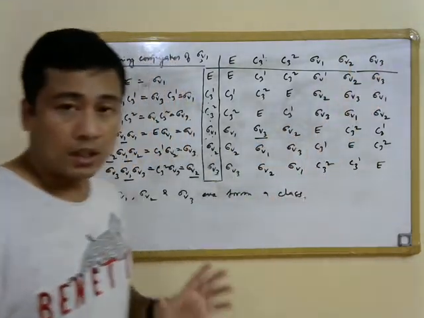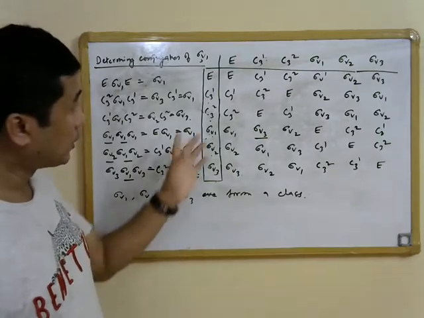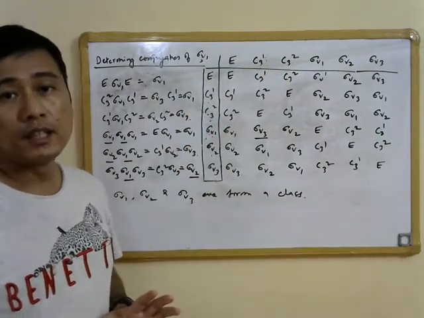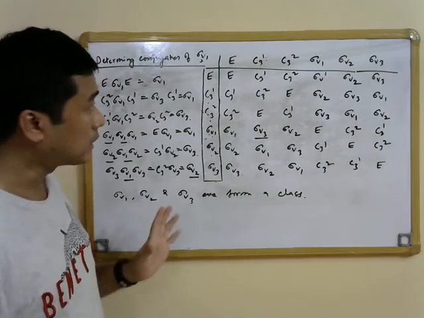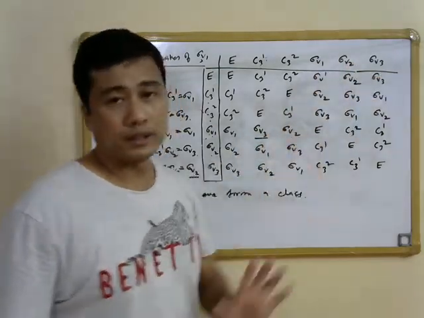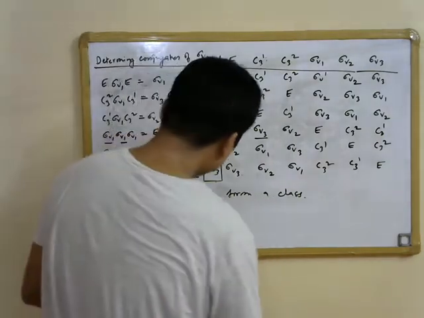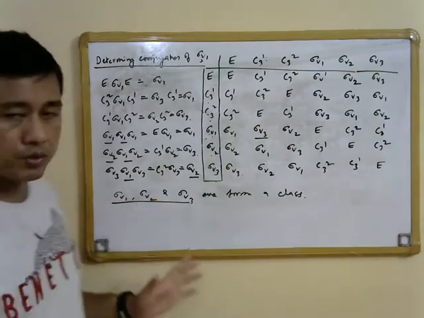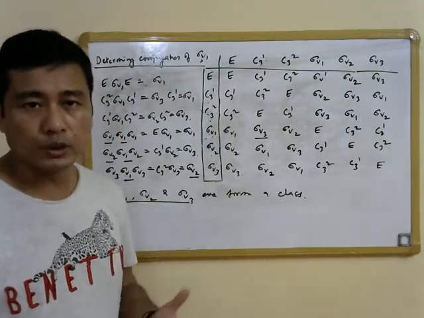as well as on sigma v3, using all the other elements present in this particular mathematical group. The answers you will always get are equal to sigma v1, sigma v2 or sigma v3, which essentially tells us that these three elements, sigma v1, sigma v2 and sigma v3, form a class and they are conjugates of each other.